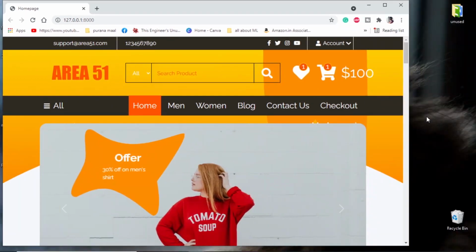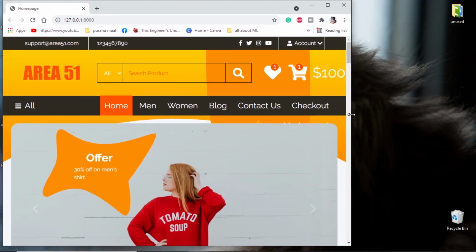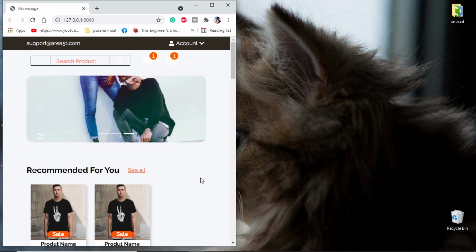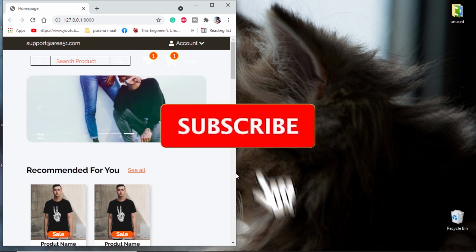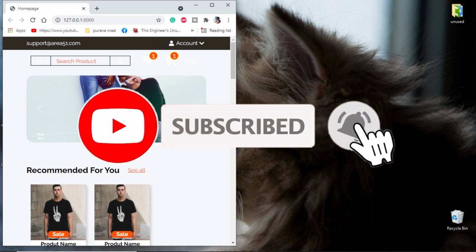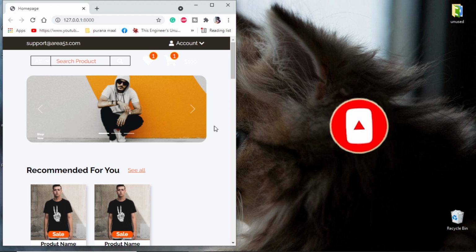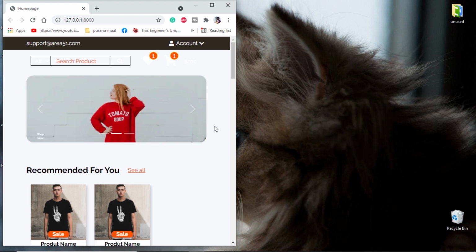If we resize this and decrease the width, the resolution is also decreasing. And now we can see our icons are starting to clash with each other. At this point, let's say we have reached around 700 pixels, so our site will behave differently. So basically we are deciding how our website will look on a laptop, how our website will look on a tablet, and how our website will look on a mobile phone.